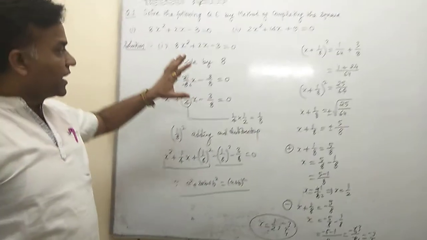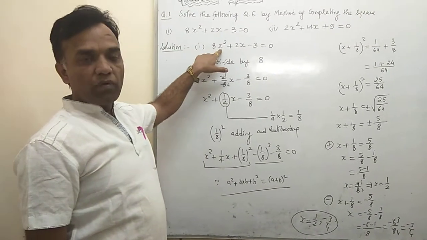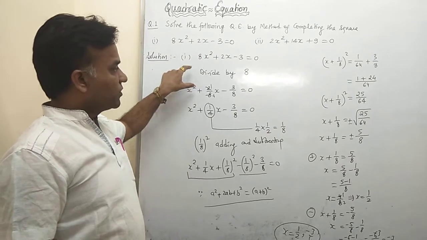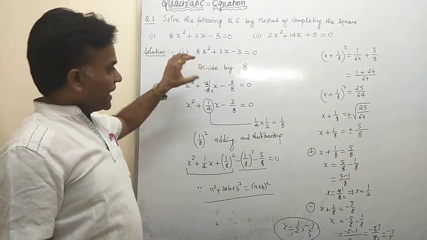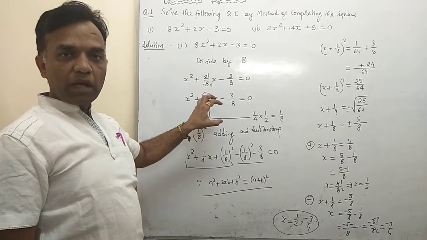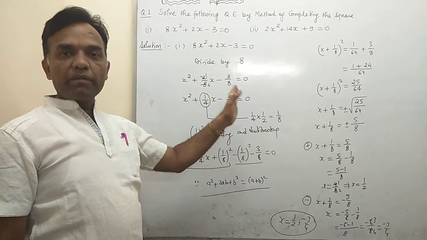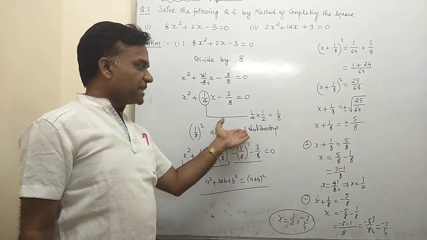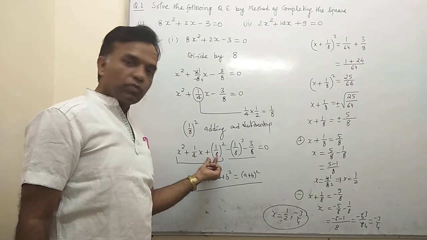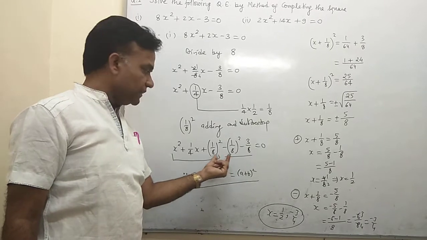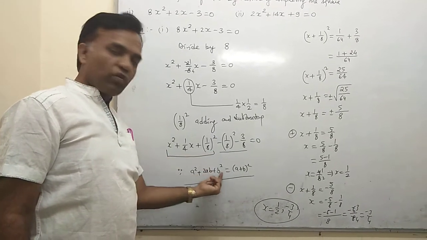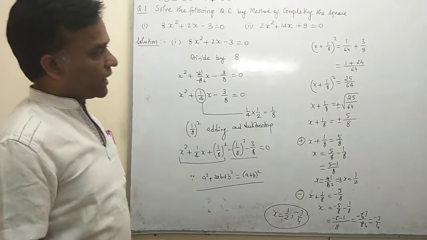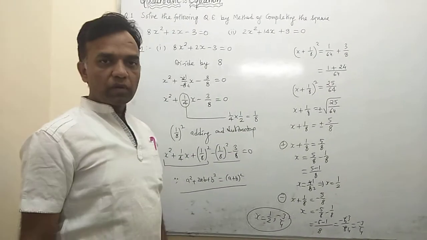I will explain again. Whatever the coefficient of x square is, you always divide the whole equation by it, and then you bring out the coefficient of x outside and multiply by 1 by 2. The resultant term you take a square of, adding and subtracting in the given equation, always putting the plus sign first and then the minus sign. Then these three terms make a whole square, and the rest of the two terms shift to the right hand side, then simplify, and then you get the roots of the quadratic equation.